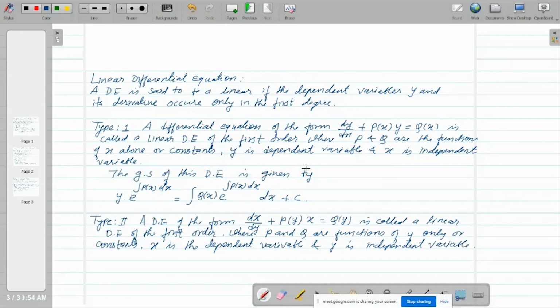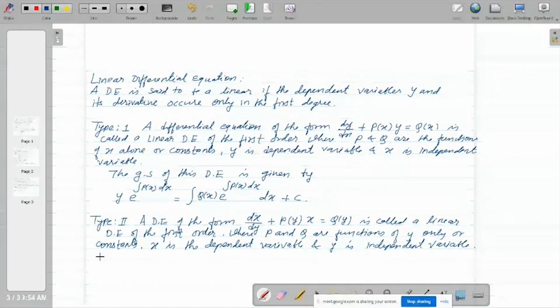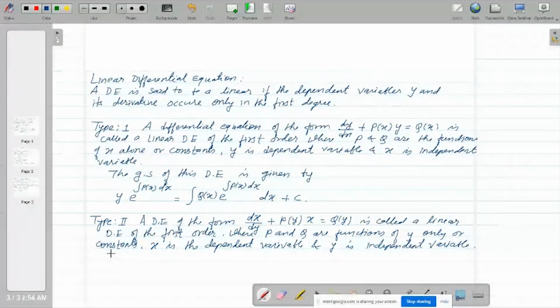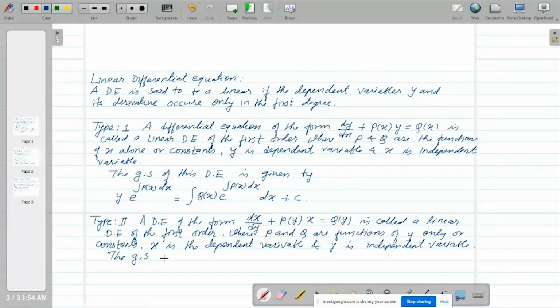In the first type y is dependent and x is independent, and here x is dependent and y is independent, because your differential equation is different. The solution will also be different. Therefore the general solution is given by